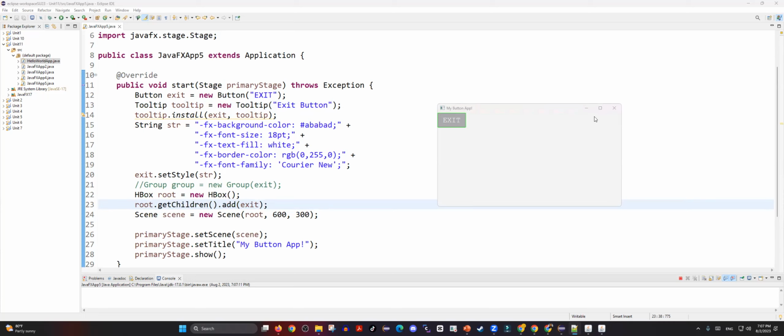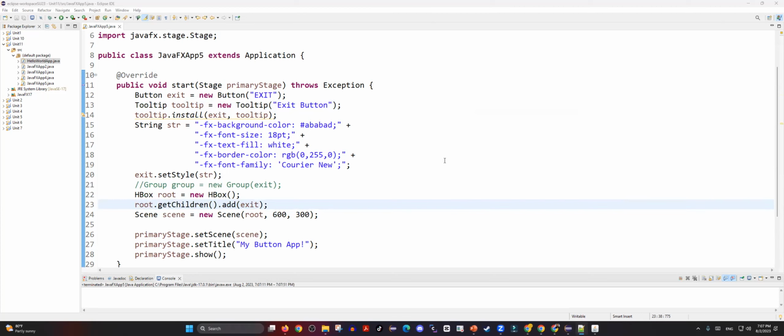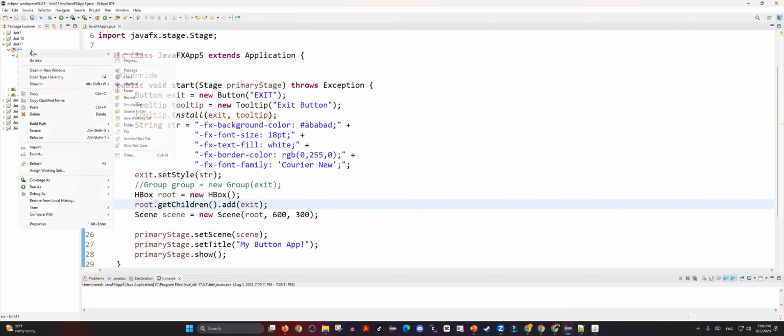Okay. Now, in the same example, I will make one more change. Let me teach you how you can bring in an external style sheet and attach it to your Java program. Just like you can add an external style sheet to your HTML page, you can add an external style sheet to your Java page. So let's do this by, first of all, right-clicking on the source, going to New,